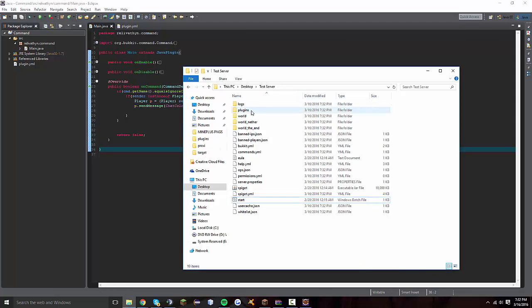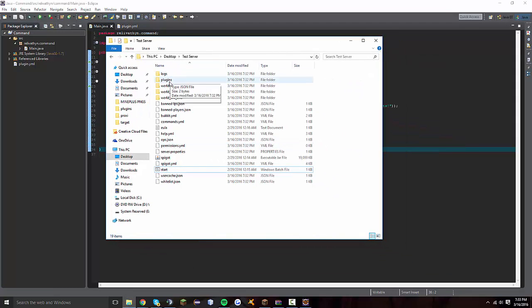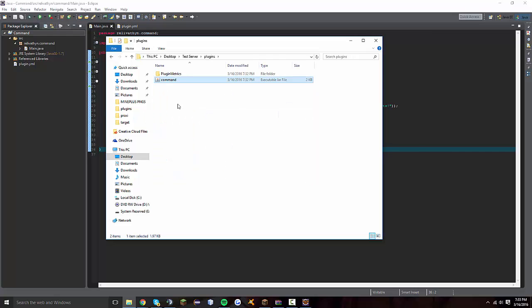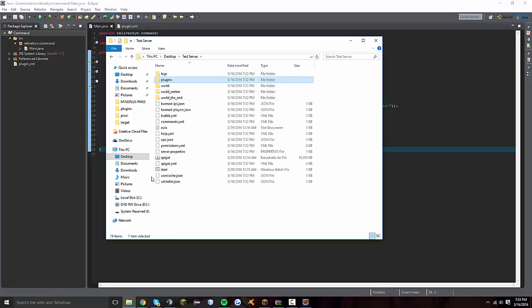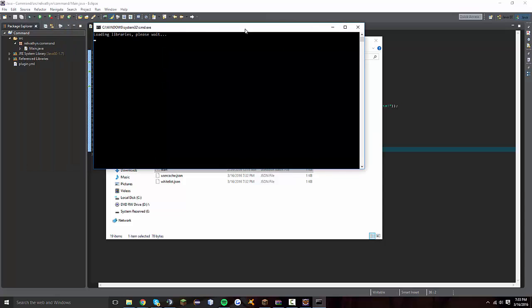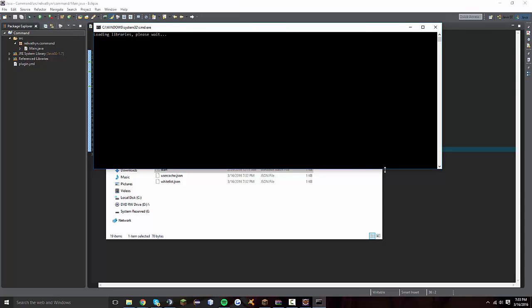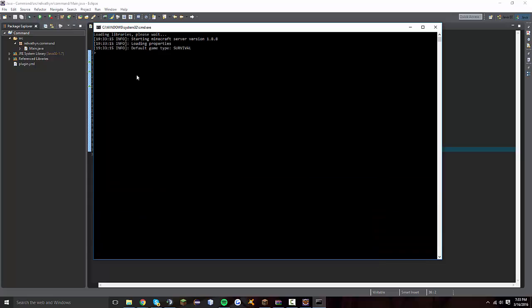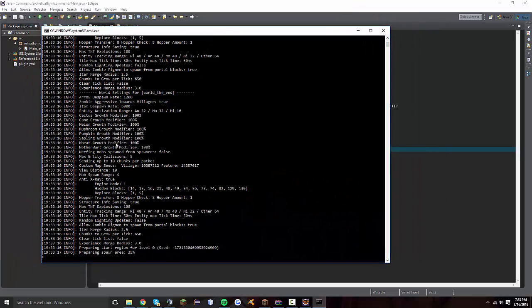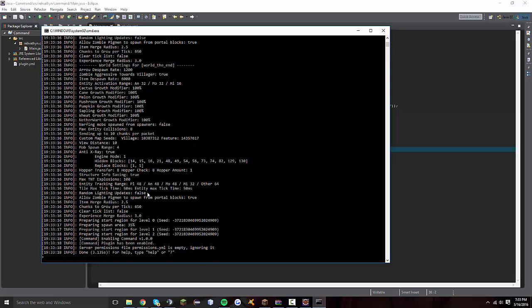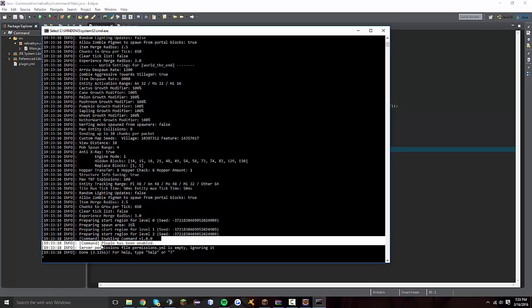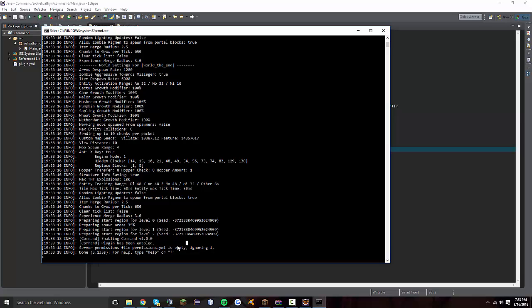You can go to that test server, or wherever your server was, click on plugins, and then it will be there in a jar file. And then just double click it, and let's see what happens. Alright, so the server is starting to run, and we're just going to wait until it calls on the plugins. Alright, here it is. So, this is our plugin. It says command, enabling, command, and then plugin has been enabled. So if we do plugins,